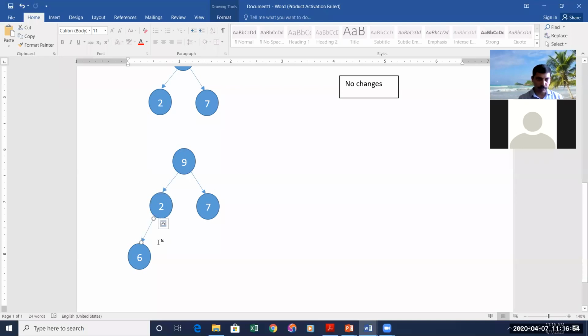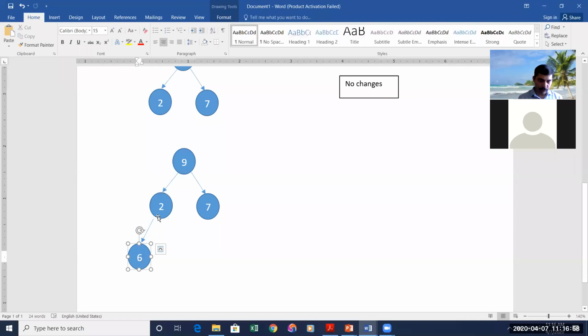So after inserting, check whether the parental dominance holds for this 6. Now 6 is greater than its parent. It is true. Okay, and hence what you should do is you should bring this 2 to the position of 6, and 6 should be brought to the position of 2. And before putting this 6 here, check whether if 6 is put here, it holds the property when compared with its parent 9. So 6 is lesser than 9, therefore no need to do anything with this 9. 6 comes here and 2 comes here.